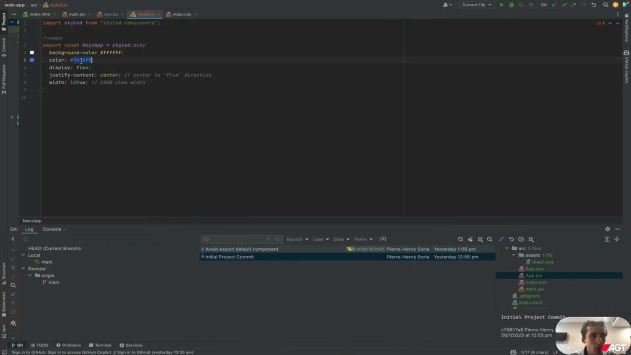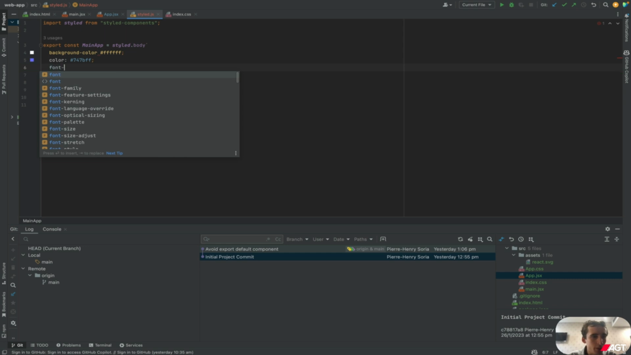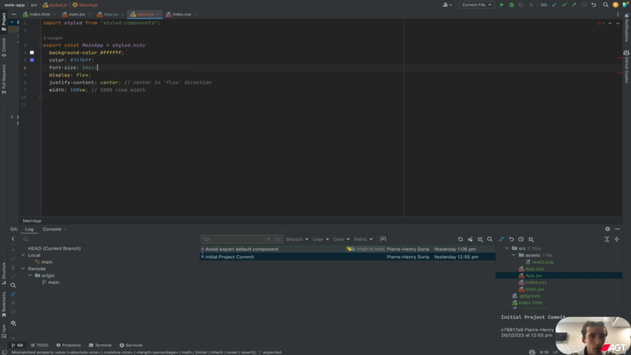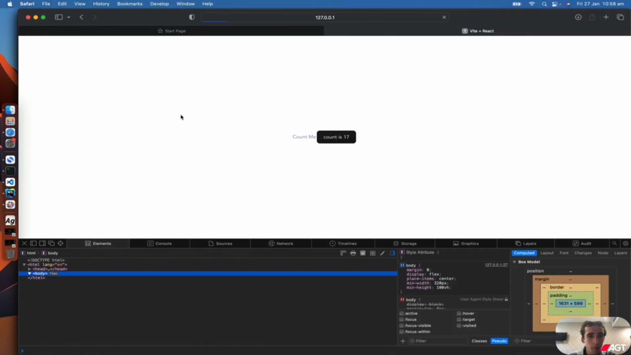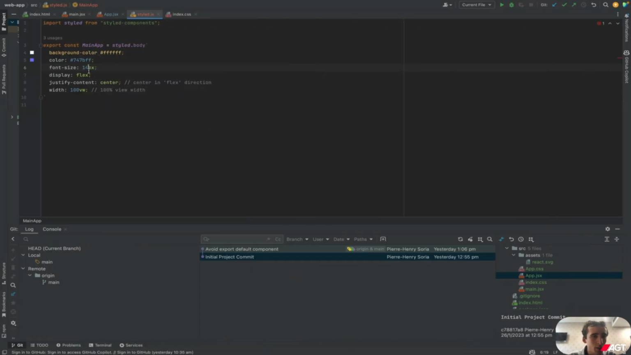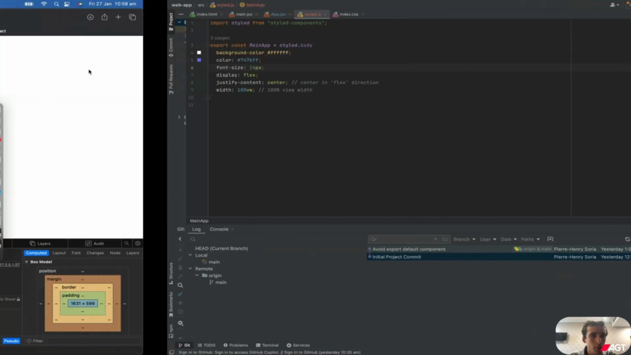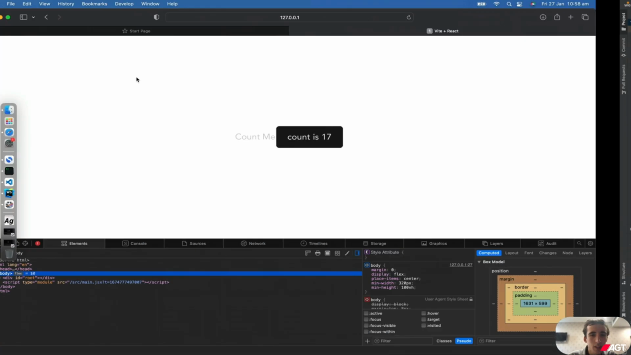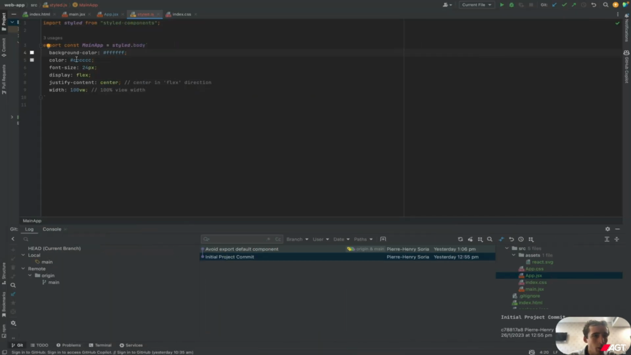We can even do other things if you want, like font size and so on. So now you know how to use styled-components. So that's amazing. Or if I do 24, it would be much bigger. You see, ooh, yeah, amazing. And maybe I will use here brown, a little bit like this. So yeah, or maybe